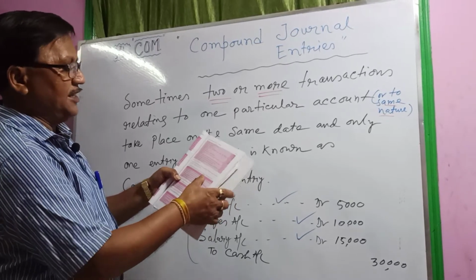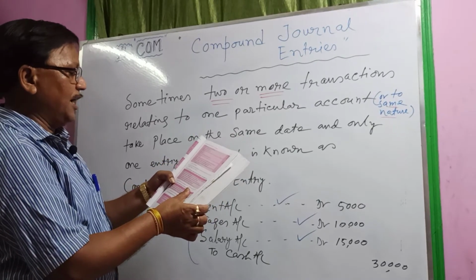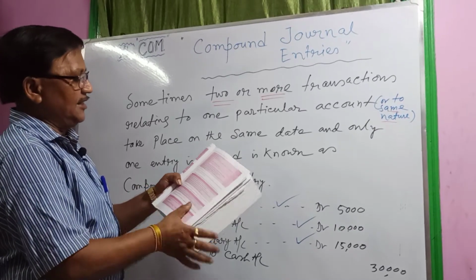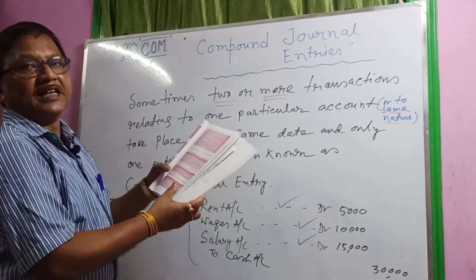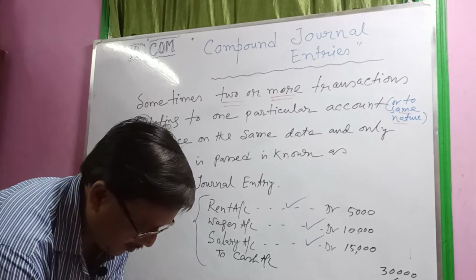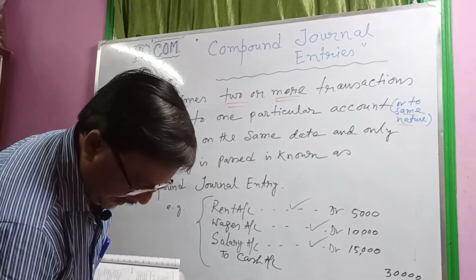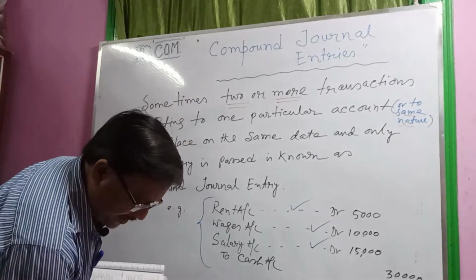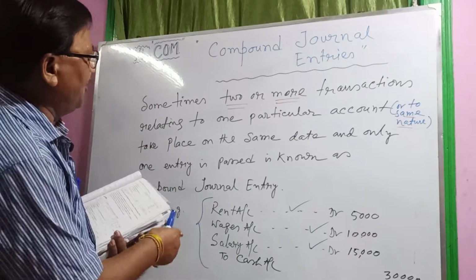Enter the following transactions in the journal of M Stores, 2017. Now there are six entries given. How do we write the journal entry? First see the question: purchase goods from Ghanshyam of the list price of rupees 50,000 at 15% discount. Then what is the journal entry?